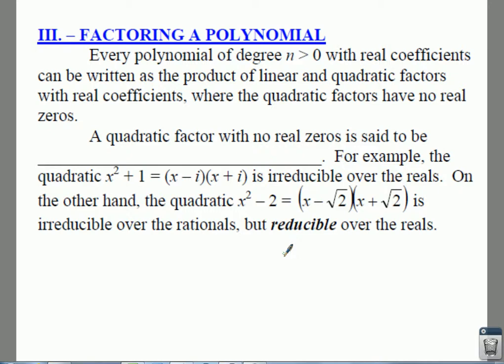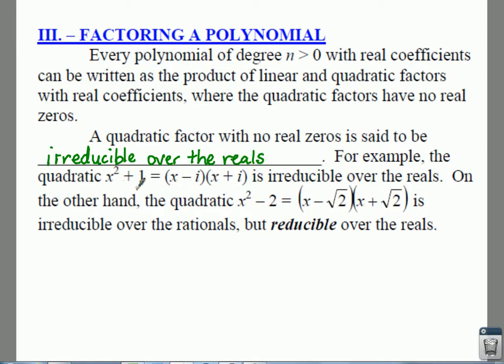And what we're going to know is a quadratic factor with no real zeros is said to be irreducible, or prime. Or you could also call it irreducible over the reals. So what that really means, if it is prime or irreducible over the reals, if you have an